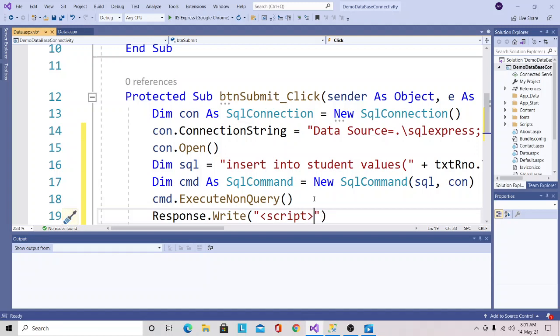This is the opening of the script tag. Again I will close this script tag: open angular bracket, backslash script, and close angular bracket. In this way I have closed the script tag, and within this script tag I will call the alert function, open parenthesis, close parenthesis, and within single quote I will pass a particular message, that is data added.